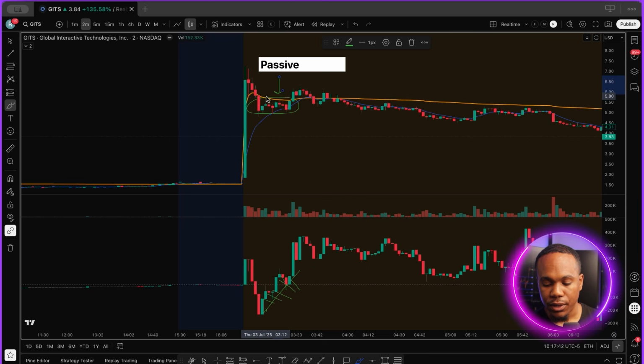So there's a limit order here. The buyers are buying the shares, but there's a passive seller sitting there and they are selling all their shares to those buyers. And typically when you have something like this, it's called absorption. So even though price is trying to move higher and the buyers became very aggressive, there's a seller sitting there. And that seller is likely to be a larger seller because the buyers are failing to move price. So typically the combination of selling becoming more aggressive and then the passive seller sitting there and absorbing the buyers, this right here typically is a sign that this is not going to work.